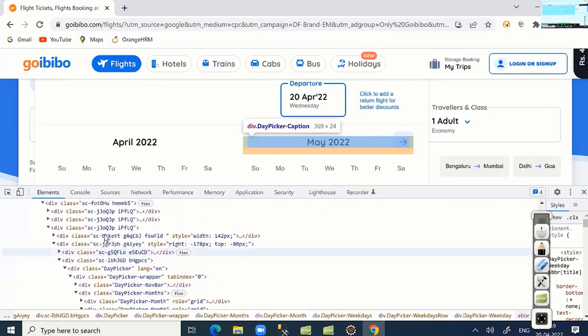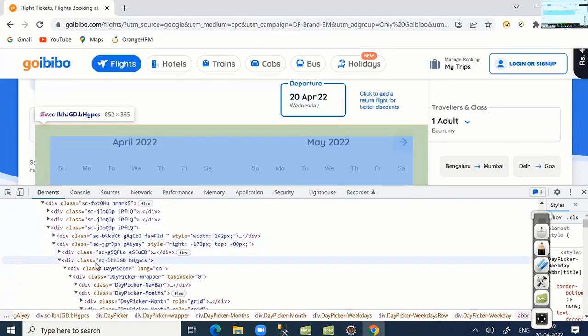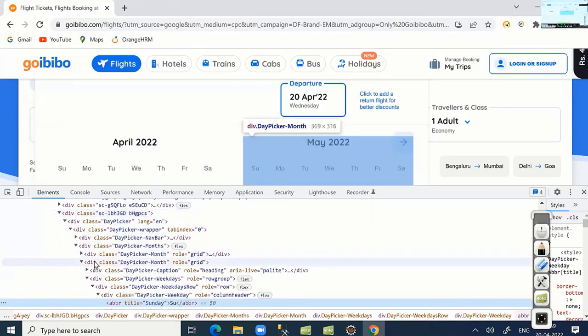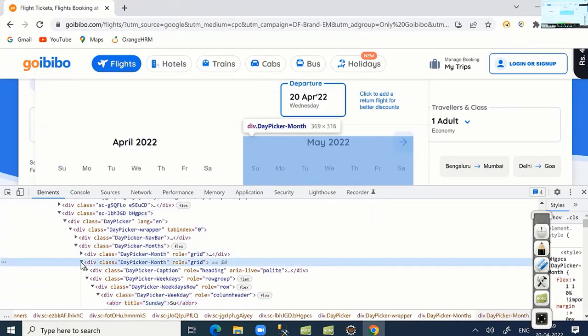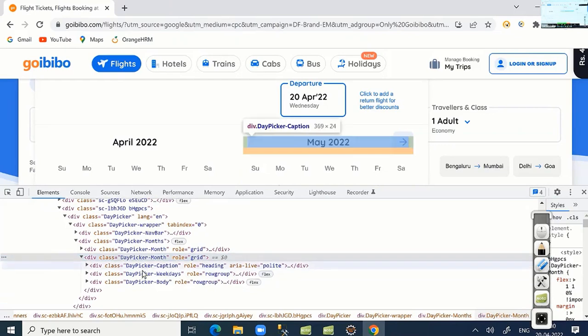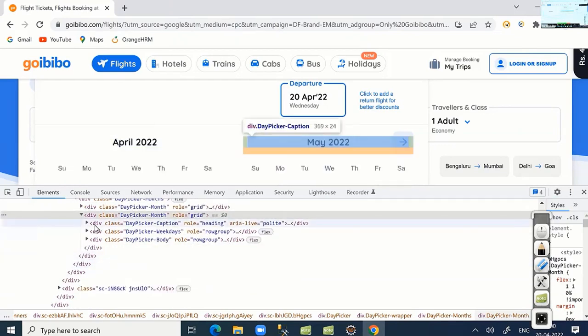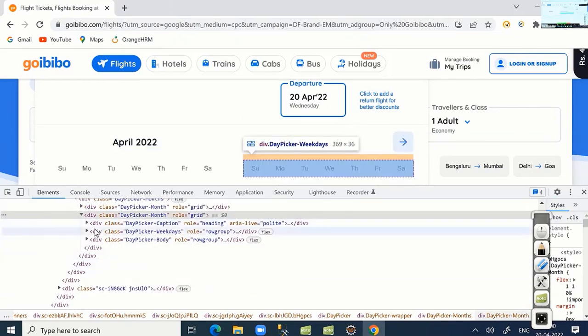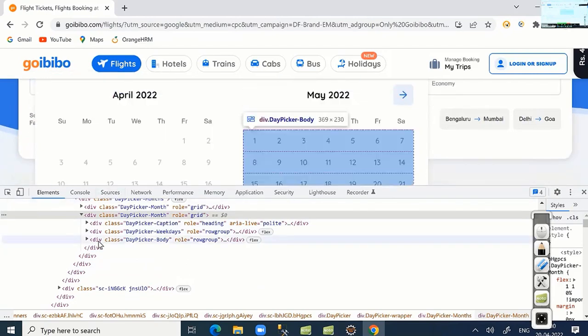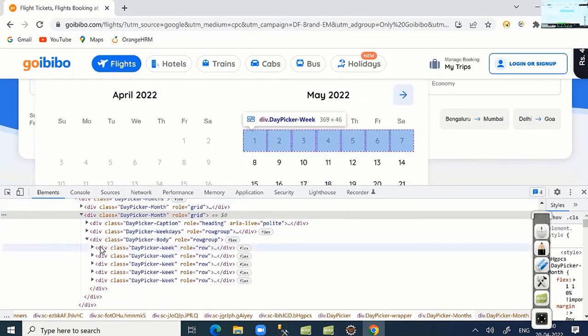These are divisions. Inside the division,